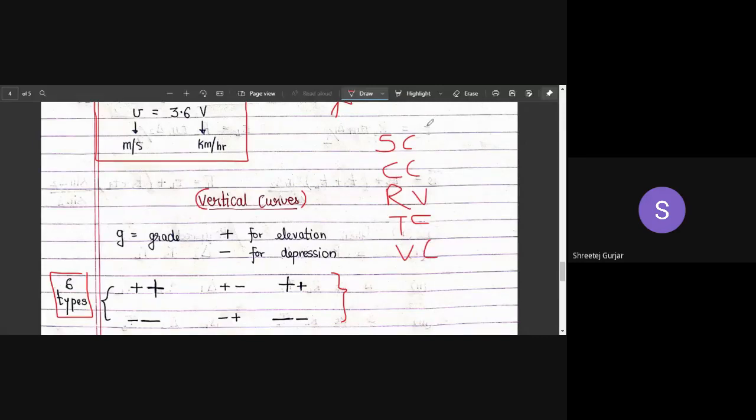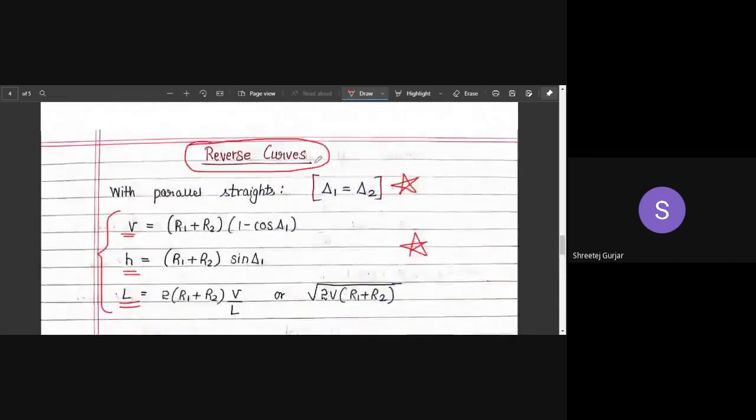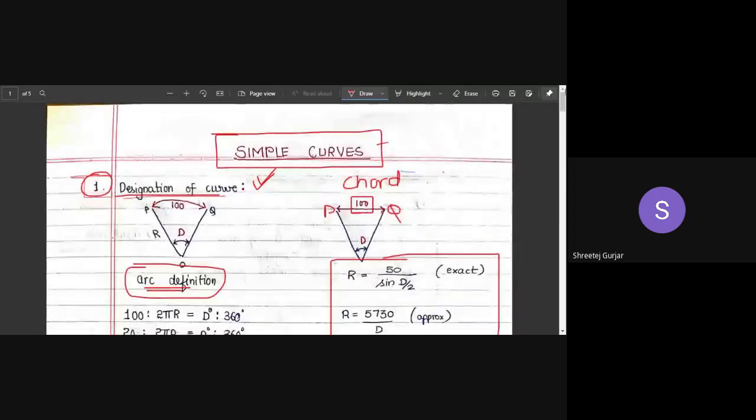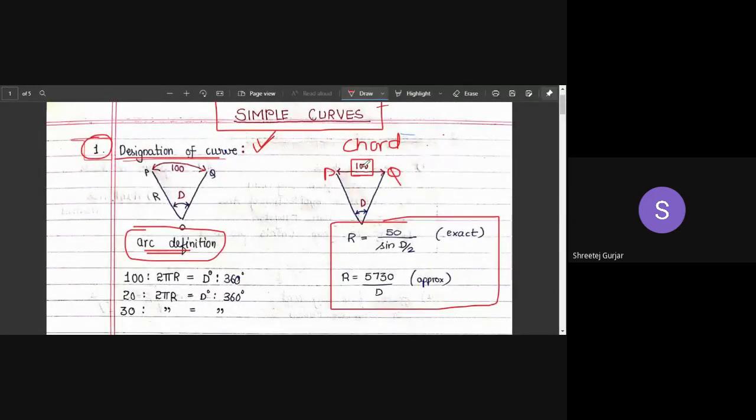So as I've told you, this entire thing has been clubbed into one module for you now, but previously this was the first module and this was the second one. So now they have combined it into one. So it seems to be very large, but it is easy once you practice. So make sure you write down and practice in your notebook. Practice all the numericals, and if you have any doubts in any of the theory, any of the derivations, you can always ask.